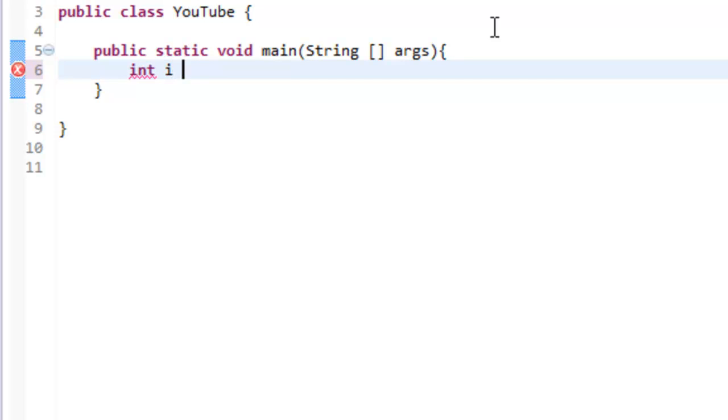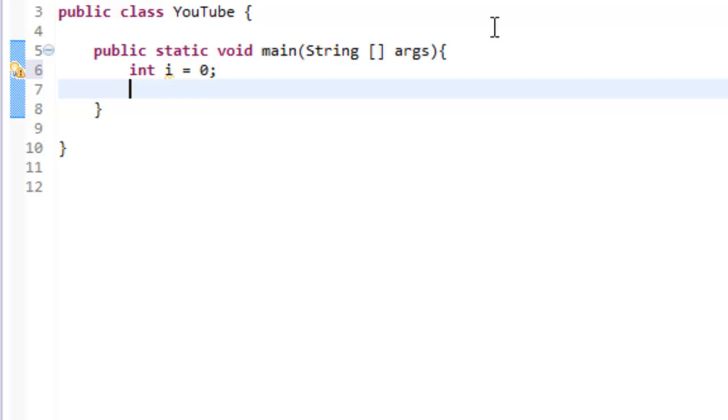I, and let's set it to 0. So we're going to make a while loop, which follows the same syntax as pretty much everything else, like the if statement. They'll say while, left parenthesis, right parenthesis, and then we give it a condition. So in the if statement we would say like, if I equals 10, do this. Well, in this one we're going to say while I is less than 10,